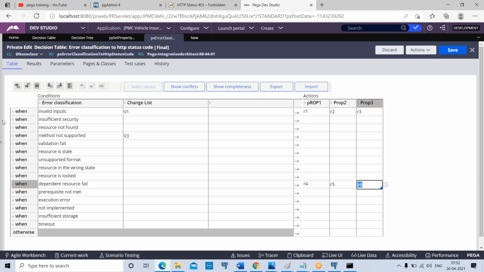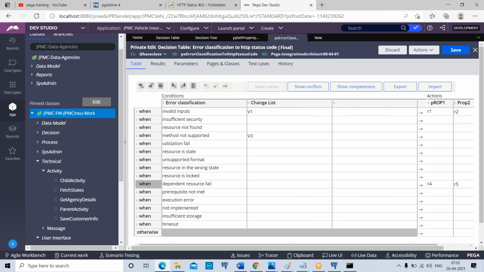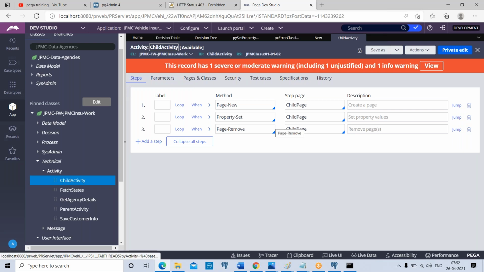So now decision table or tree, we have already discussed. A table can be called from table, table can be called from tree, tree can be called from tree, tree can be called from table. So we can call either table or tree in decision tree. We can call either table or tree in decision table. A decision table or tree rule can be called from each other. Apart from that, decision table or tree can also be called from activities.